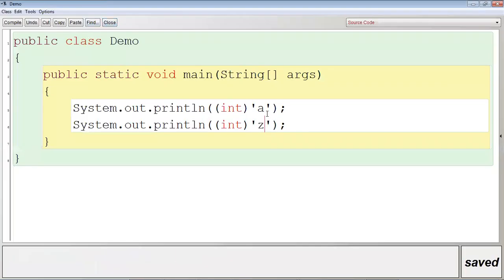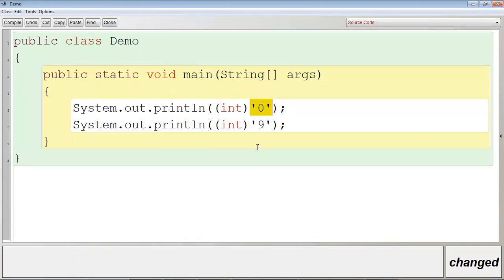Now, let me check for digit 0 to digit 9. Character 0. It is not a digit. Since you have enclosed 0 within single quotes, it is a character now. So character 0 to character 9, I mean 0, 1, 2, 3, 4, 5, 6, 7, 8, 9. What are the ASCII codes? It will be required in high level programming.